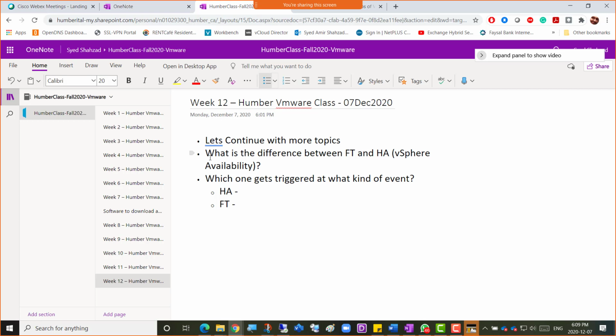event. So Deepshika says HA triggers when host goes down, it reboots the VM. Yep, you're right. When the physical host crashes, yes, the physical host crashes, right? And we did a crash test as well. And FT is failover, yes, and vMotion to the other host. HA triggers when host goes down and it reboots the VM, and vMotion to other host? No. You're right until the first line, Deepshika. It reboots the VM, yes.